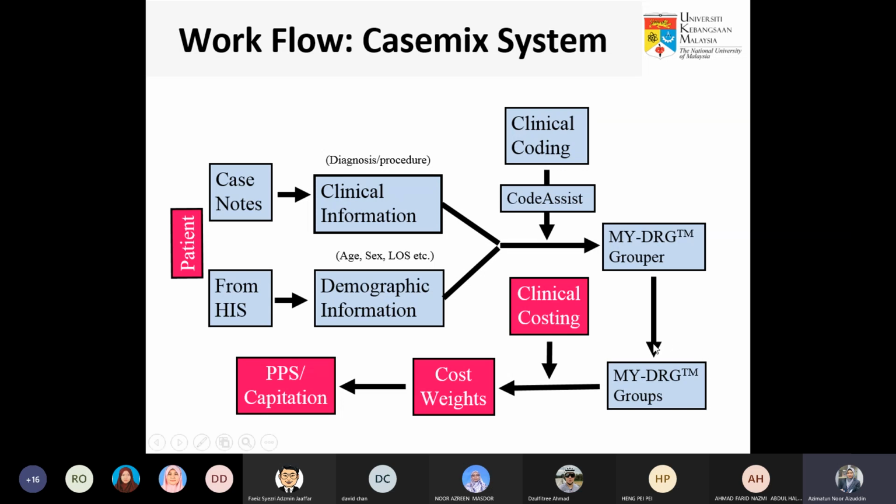So kemudian barulah, setelah kita ada group, kita masukkan clinical costing kita yang berkaitan dengan disease tersebut, dan kita come up with the cost weights, and also kita come up with the suggestion of the provider payment mechanism, berapa banyak dan sebagainya untuk claim basis dan financing. So in which that now we don't actually come up with this yet, sebab kita tak guna yang ni lagi